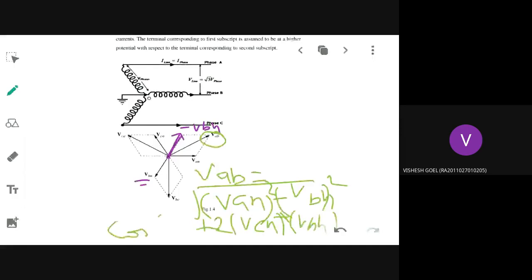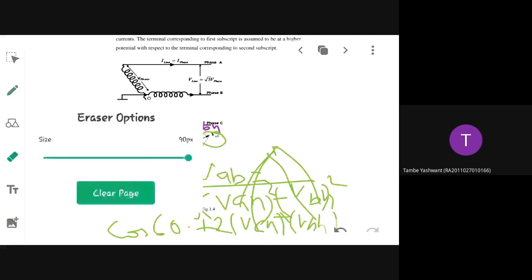You have to tell me. Plus, all are what voltages? VBN, VAN, VCN, all are what voltages? Phase voltages or line voltages? Ma'am, both are same in this case. Phase. All are phase voltages because we are assuming the magnitudes are balanced. All the magnitudes being equal means a balanced system. If some of the magnitudes vary, it is an unbalanced system. So here we are assuming all the voltage magnitudes are equal only. That way it's a balanced system. So if it is a balanced system, you can replace all by an equal parameter, like I am showing in the derivation.